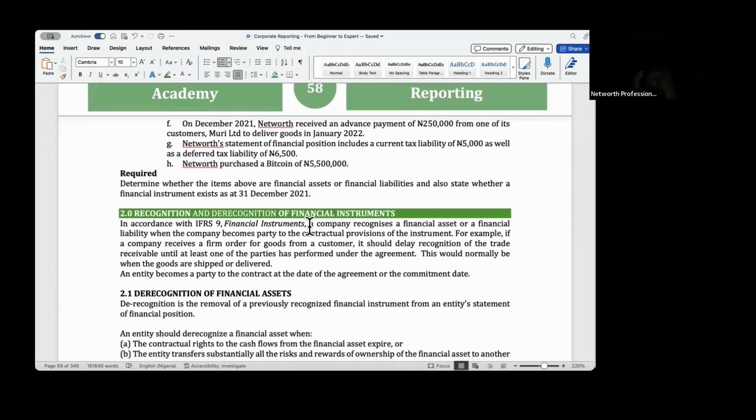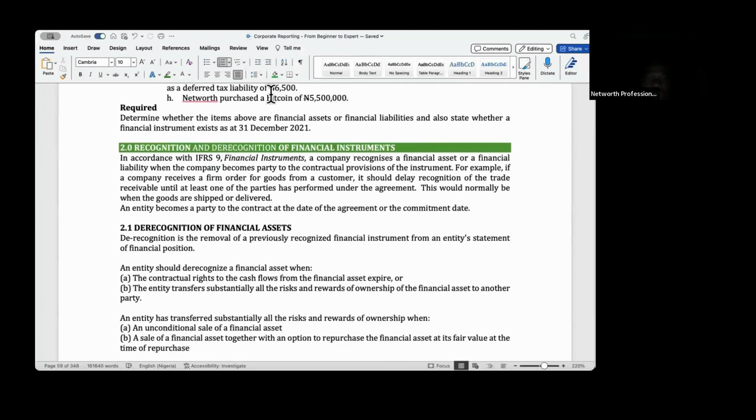Okay. So we are done with the first part of what we want to do for today. Now, let me quickly go to the next part of what we want to achieve for today. And the next part is